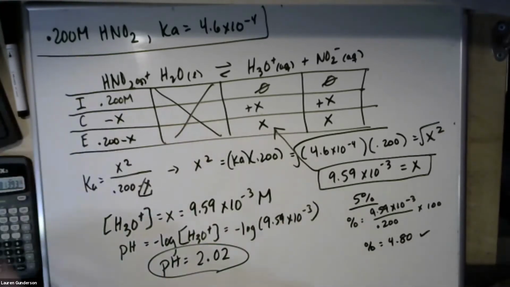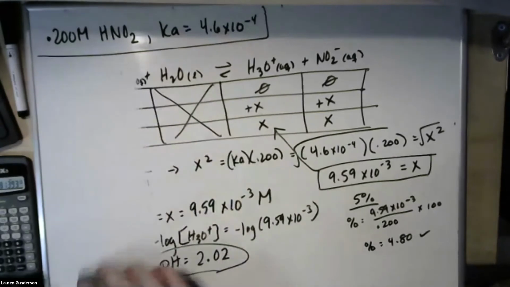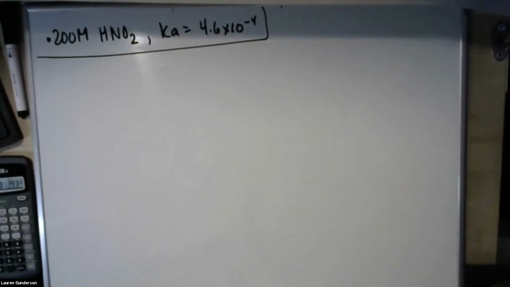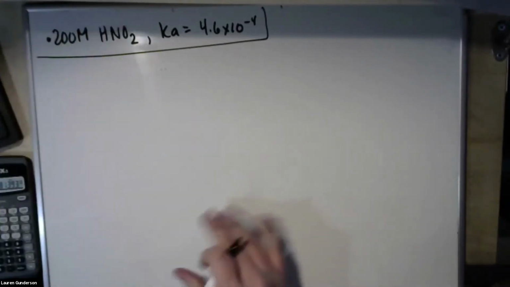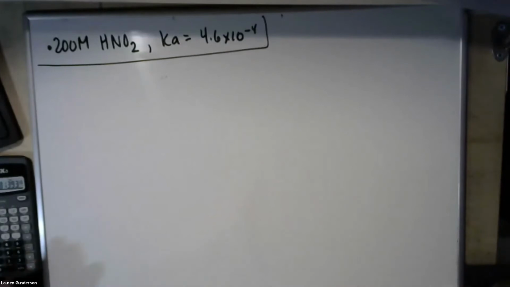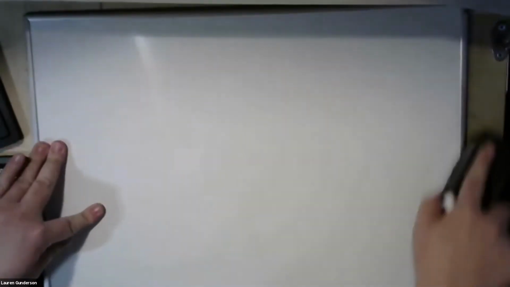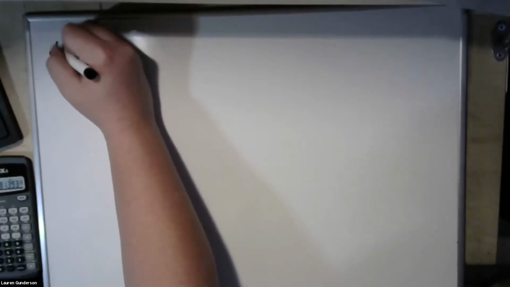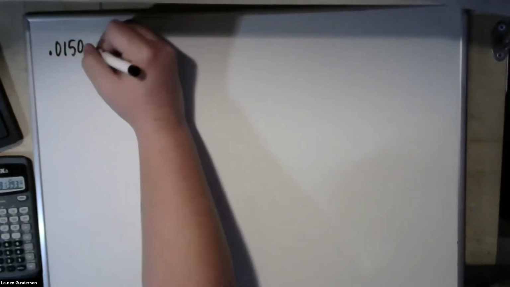Let's look at that second example. See how much faster it is when we don't have to use the quadratic. It's nice. Change these two. Okay, so here we have 0.0150